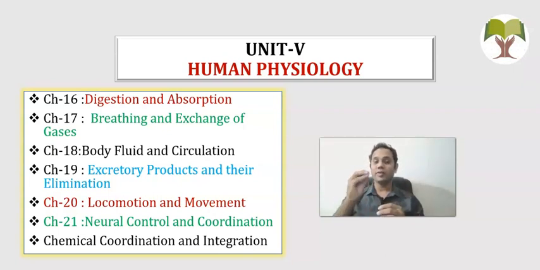Here, what we are going to study is the hormones, which are important in the body and are primarily called chemical messengers. These hormones will be studied in detail. What are the different glands which produce the hormones, like the pituitary gland, thyroid gland, adrenal gland. All this stuff will be studied in chapter number 22.